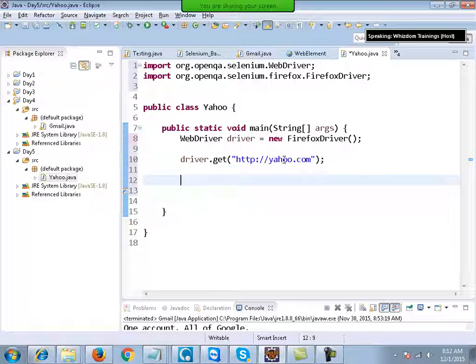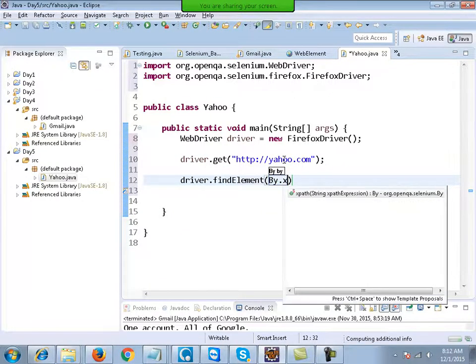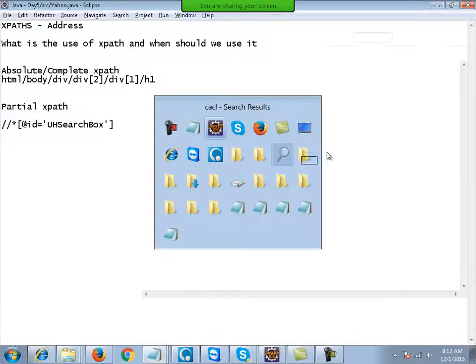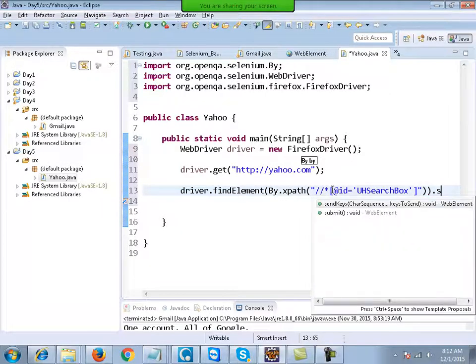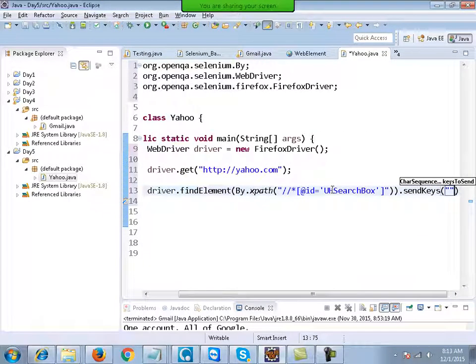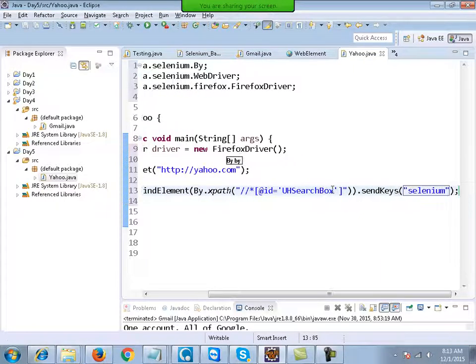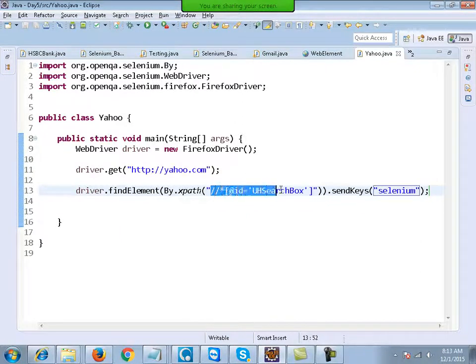And now I can write driver dot find element by the Xpath, and I can give this partial Xpath. Okay, right, and dot send keys. Say I type in Selenium in the Yahoo search box. Right. Okay, so you can give the partial XPath out here, and when you run it,